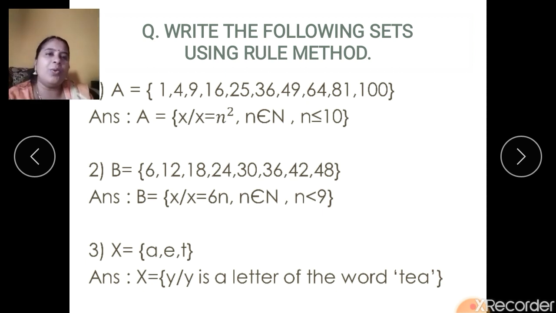See the third one now. It is x is equal to a, e, t. Now I have written an example, that is, these are a few randomly collected letters. Now what to do with this? You have to combine these letters and form a word if you can. Now I have written a word here as T. y is a letter of the word T. Now a few might have thought already that it can be written as EAT also. That is absolutely right. Any other way you can think of? I can think of one more method, that is ATE. Correct? There are so many ways. Now here there are 3 ways I think.